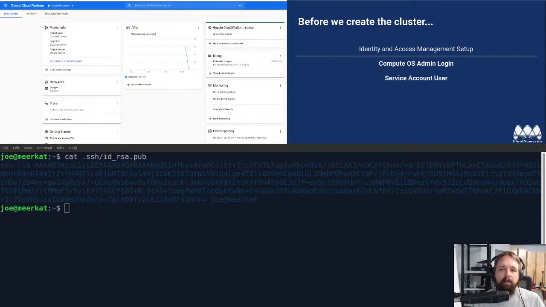Now that you have the SSH key attached to your account, you've got the permissions you need, we're ready to actually create a cluster. And what I'm going to show you is how to get started with our marketplace solution. This is a click to deploy, easy to use solution. It should get you up and running within the next 10 minutes with a